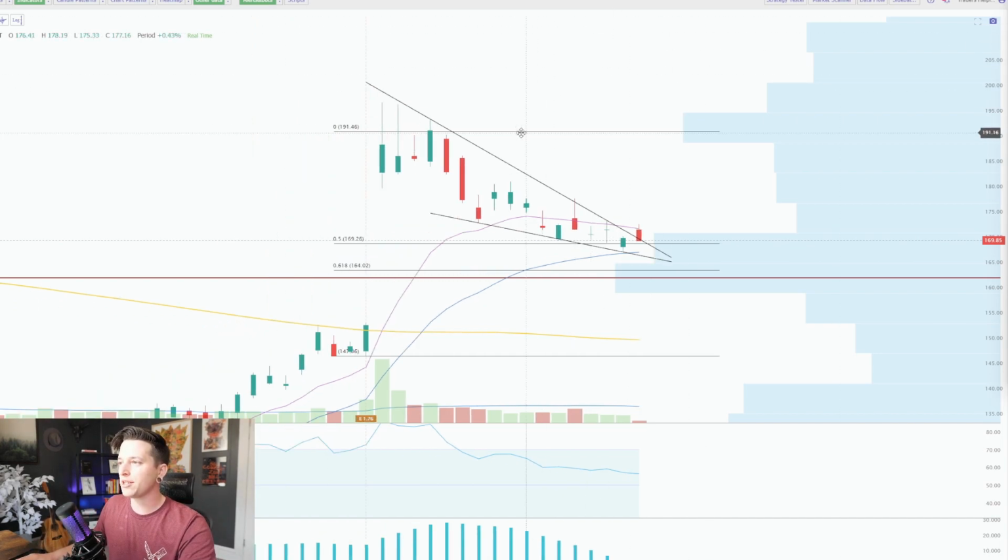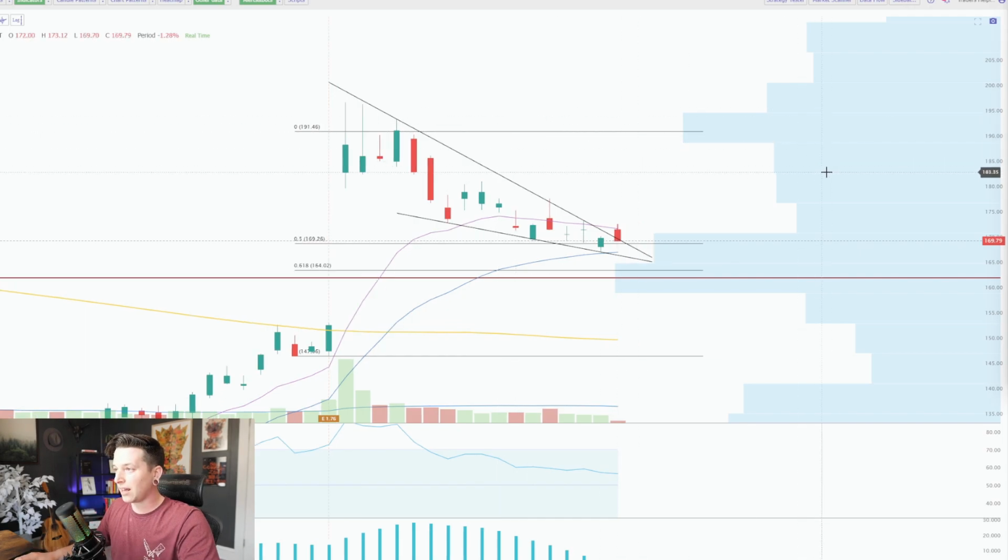The descending wedge is usually a 60 to 70% chance of profit from what I've seen in my years. Like I say a lot on this channel and our other channel, we're looking for a high percentage return in our actual profit, but not high accuracy. So we're not really caring to win 80, 90% of the time. What we're more so looking for is good risk versus reward strategies and then executing that to the highest